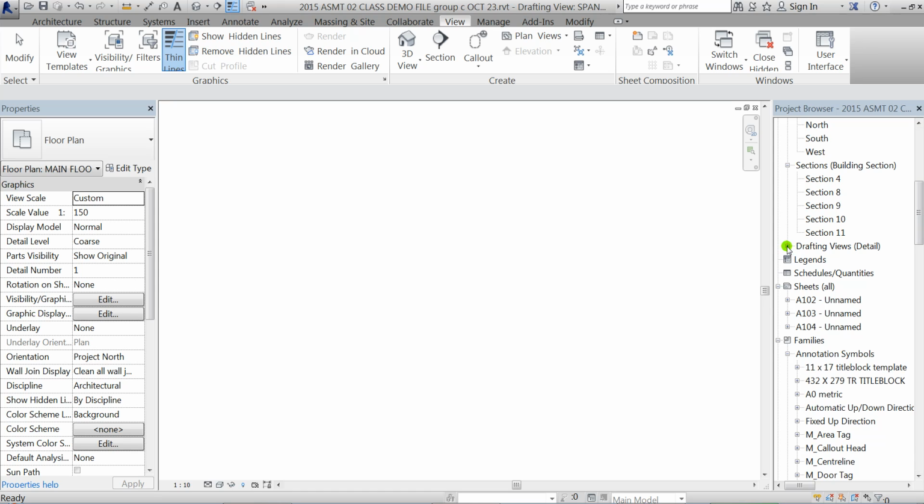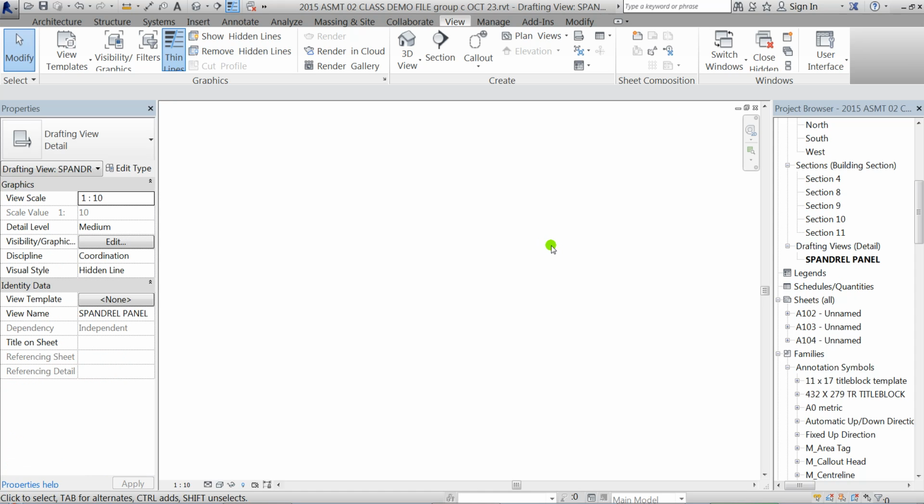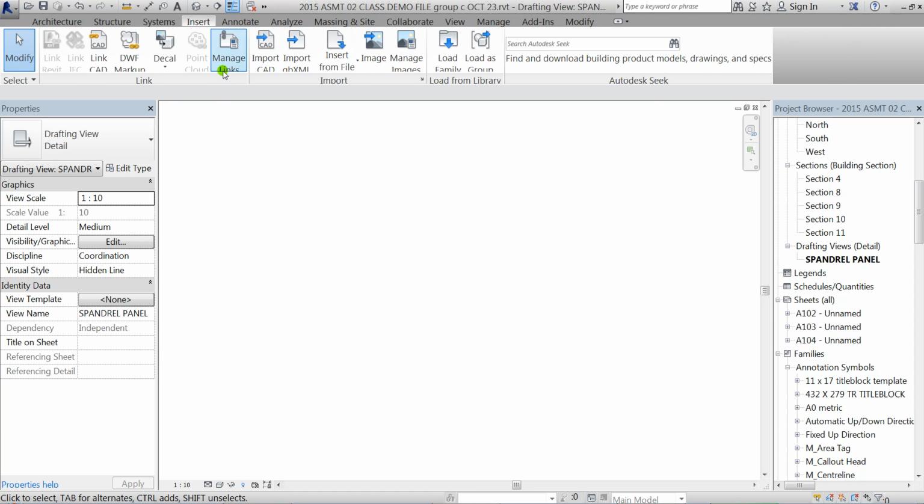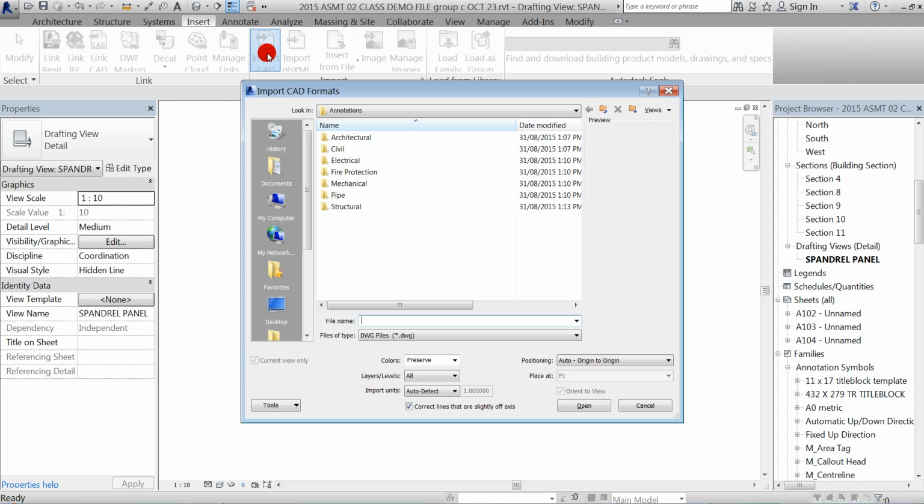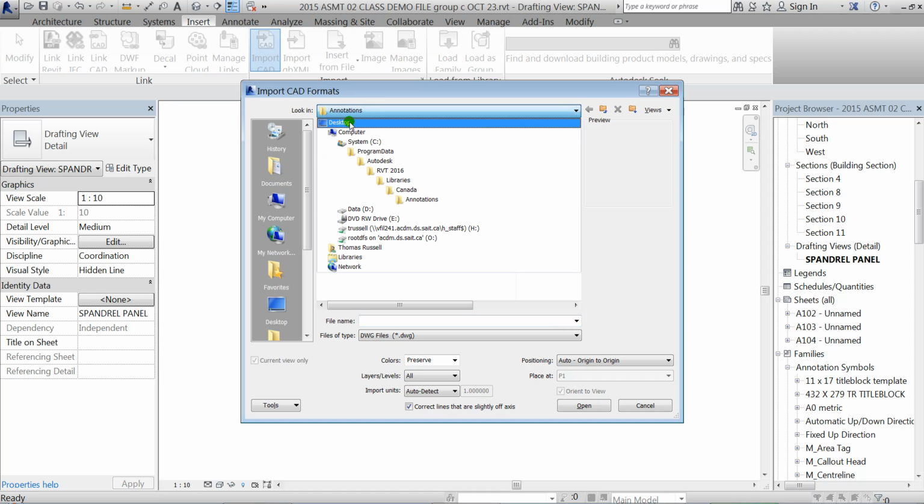I'm in the browser here under a new section that has just appeared after I made this new view, and it's just called Spandrel Panel. So the Drafting View section, it's not there until you activate this tool. So what I'm going to put in this view is an AutoCAD file. So I'll go to the Insert tab. I'll click on Import CAD, and then I'm just going to use one that's stored on the network,